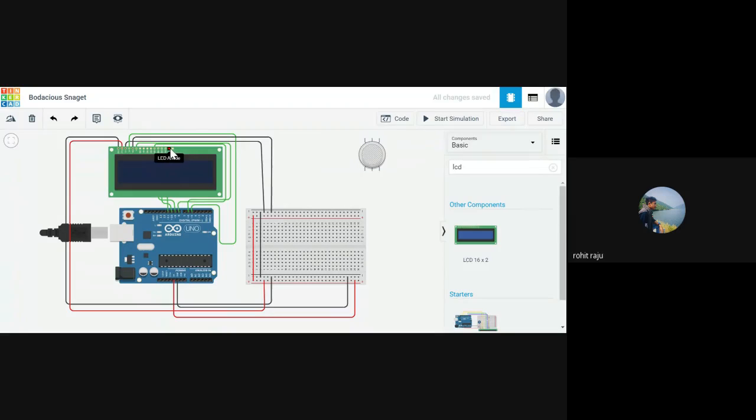So we are left with two things: anode and cathode. Anode goes to power, and cathode goes to ground. Before connecting it directly to the power, as you know, we need to connect these things to a resistance to prevent them from drawing more current than usual. So let's connect these to, wait. Let me delete this wire. Let me do this in a neat way. LED anode. Let me put it all the way at the end to make it look clearer.